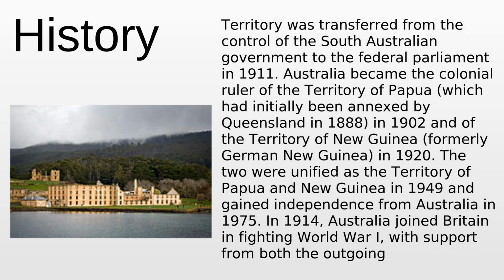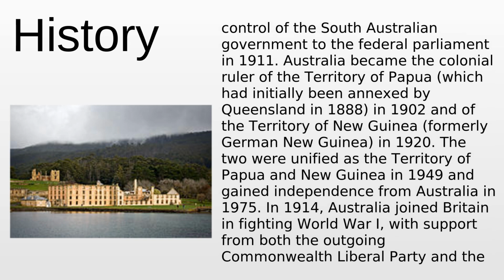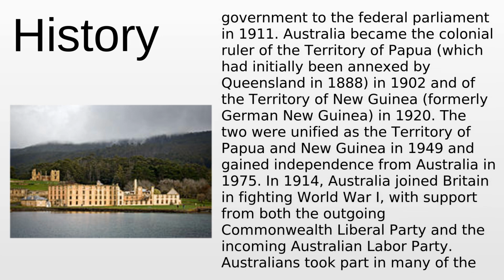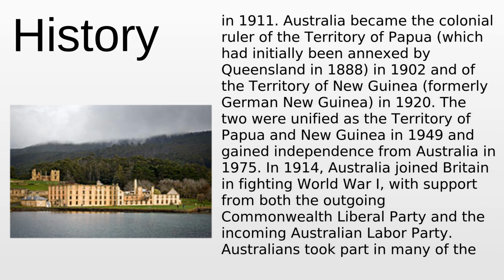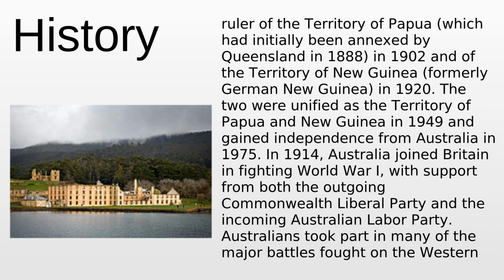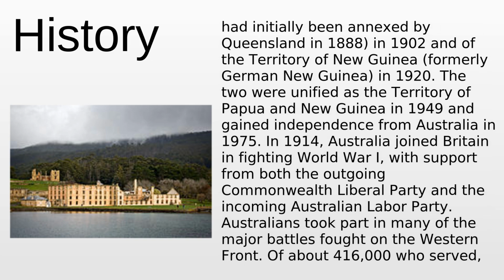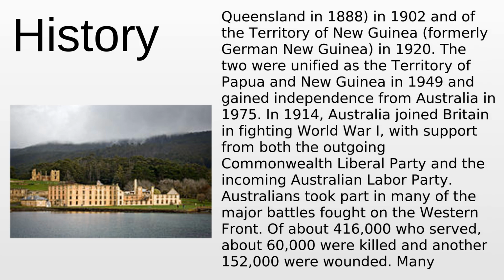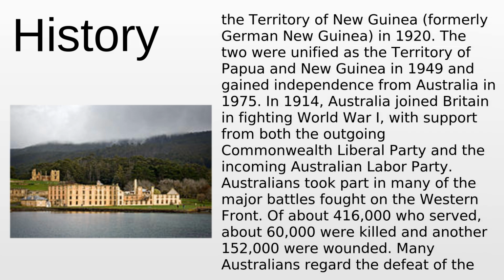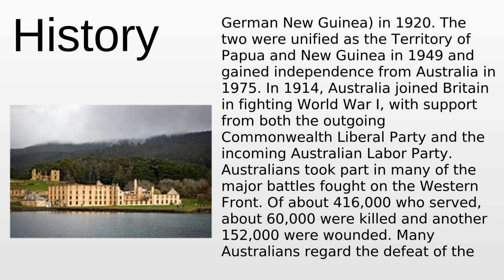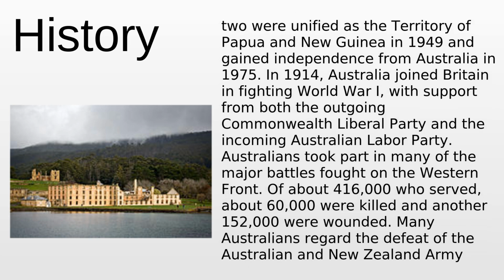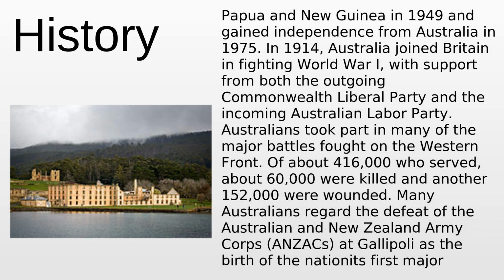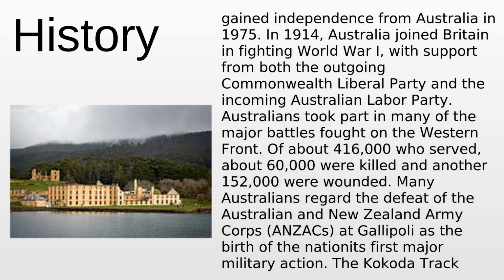Australia became the colonial ruler of the territory of Papua, which had initially been annexed by Queensland in 1888. In 1902 and of the territory of New Guinea, formerly German New Guinea. In 1920, the two were unified as the territory of Papua and New Guinea in 1949 and gained independence from Australia in 1975. In 1914, Australia joined Britain in fighting World War I, with support from both the